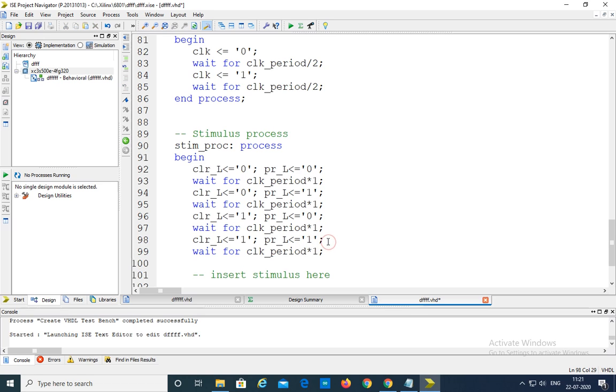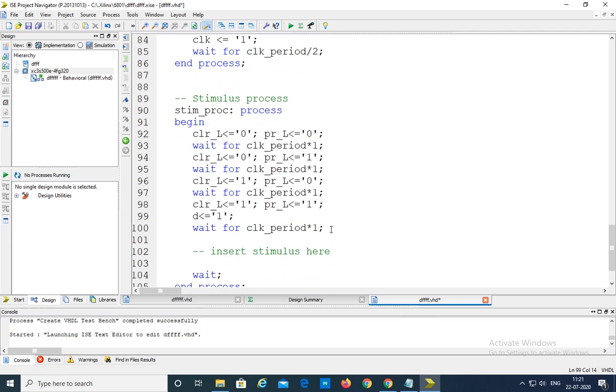you have to specify what D is. Why? Because if both are ones, it looks for the clock and also it looks for D. Whatever D we are giving, that should be applied at the output. For the remaining combinations, 0 1, 0 0 and 1 0, irrespective of the D input, the output is going to occur. Why? Because those two are the asynchronous inputs. Here the asynchronous inputs are not active, so that's why it depends upon the D value. Here D is equal to 1 in this case, so output Q is equal to D will be obtained.